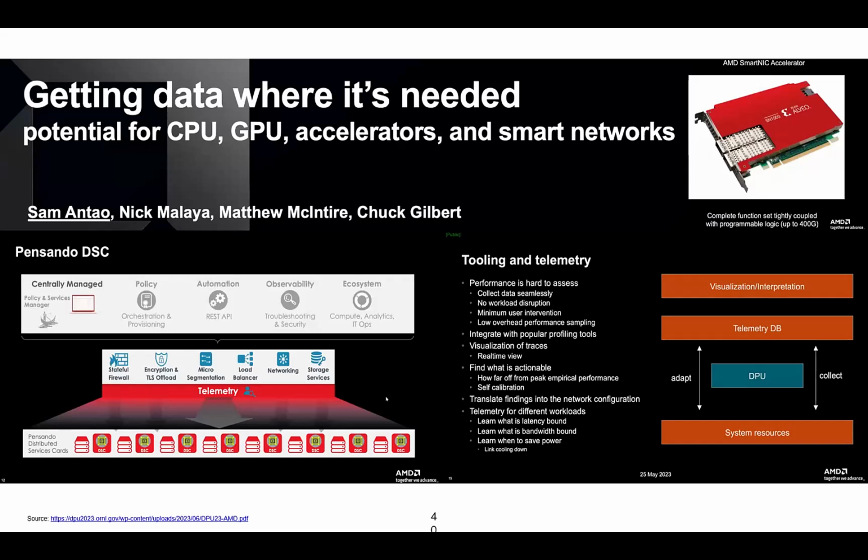So this is some work that is basically being explored at AMD. And if you go to the next slide,